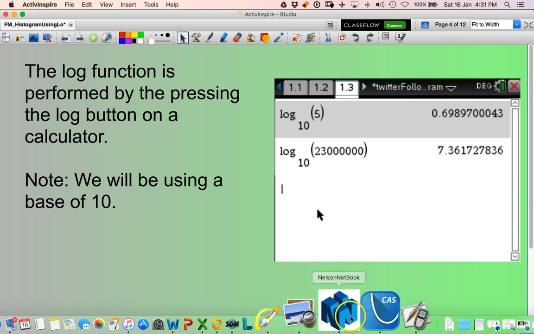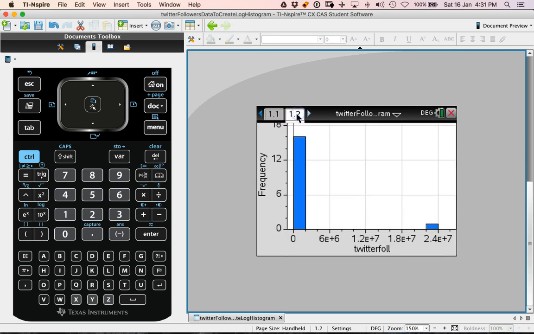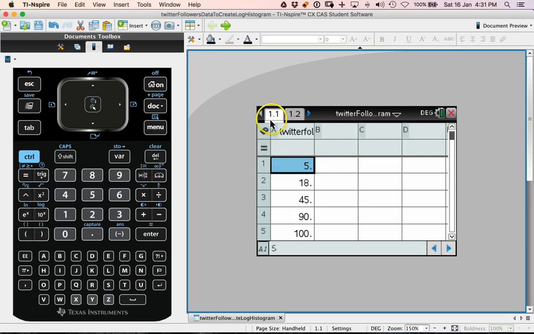So off to our calculator. This particular column here contains the Twitter followers, and this next page over here was what I actually had as a copy in the actual slide pack just a second ago. So what I'm going to do is create a new column here, and in here I'm going to put the log of my Twitter followers. So I just need to type this LOGTWITTERFOLL. I've got to be careful I don't make that too long,